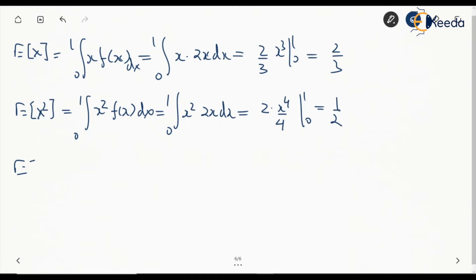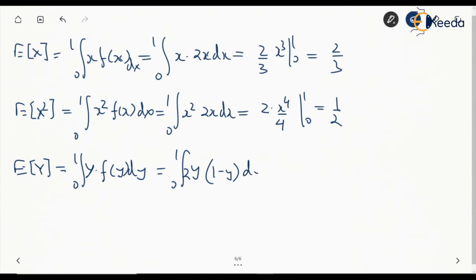Now the expected value of y will be the integration 0 to 1 y f of y dy. So it is again 0 to 1 y. The function is given as 2 times 1 minus y dy. This is a simple integration. The value will be 1 by 3. Of course you can do it: 2y will give you y square, and 2 minus 2y cube will give you 2 by 3 y cube. The limits are 0 to 1. We can put it. Next is